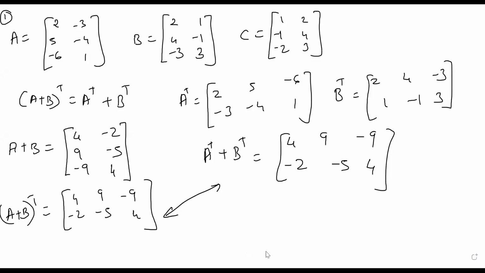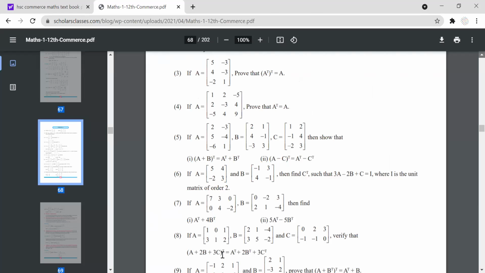Now the second part is we have to find A minus C. A minus C क्या? Bracket transpose should be A transpose minus C transpose. A minus C तो क्या आप ऐसे ही निकाल सकते हैं ना? 2 minus 1, 1 minus 3 minus 2 minus 5. This will be 6 minus 4 minus 4 minus 8